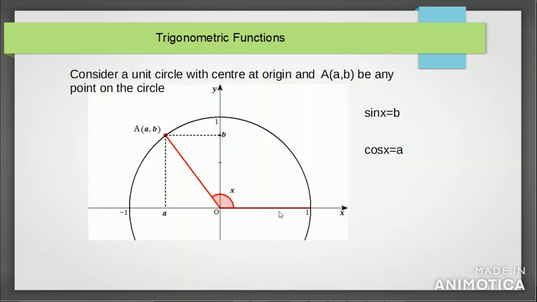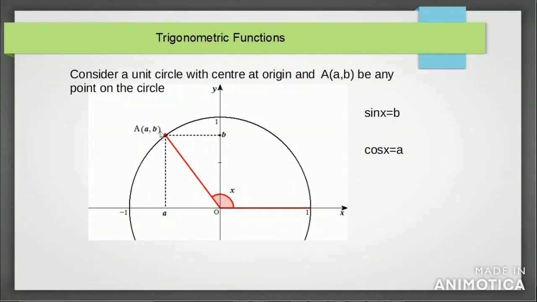Here the radius of the circle is 1 unit, which does not mean it is 1 centimeter; you can take any length as 1 unit. Define a particular length as 1 unit, and it may be 1 inch or it may be 10 centimeters. If you take 10 centimeters as 1 unit, you will get a bigger circle, and that's why while drawing a circle, 1 unit does not mean a radius of 1 centimeter. You can take a particular standard unit of length and take it as 1 unit.